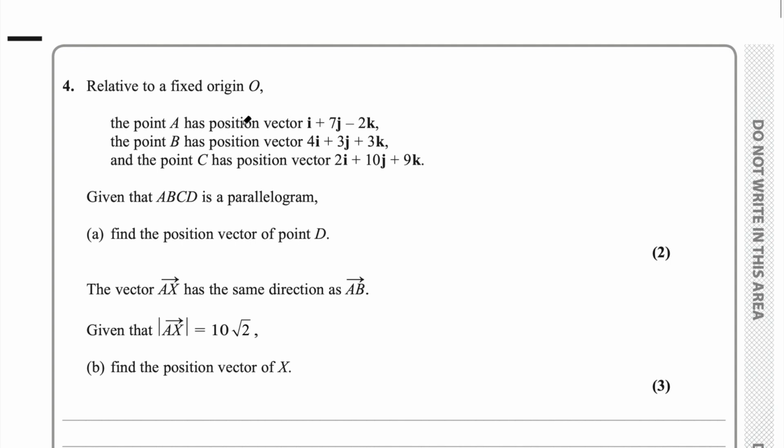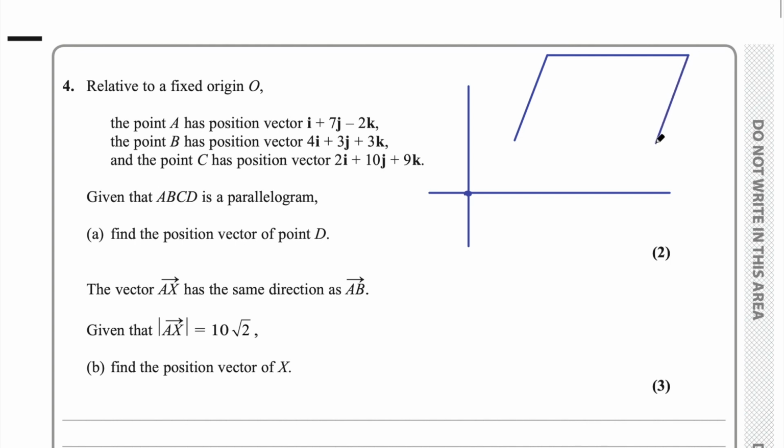Okay, just to quickly illustrate what they mean by position vector, I'll just draw a quick sketch of what's going on here. So we have an origin O, and we have 4 points A, B, C, and D, and they form a parallelogram. Now I don't know if this is what it would look like, but this is the general idea. So the position vector is the vector from the origin O to A. So if we were to draw a vector from O to A, that would be the vector i plus 7j minus 2k. Similarly for B, we'd have a vector going from the origin to B, being 4i plus 3j plus 3k. Same for C, and then they're asking us to find the position vector of D, which would be this one here,